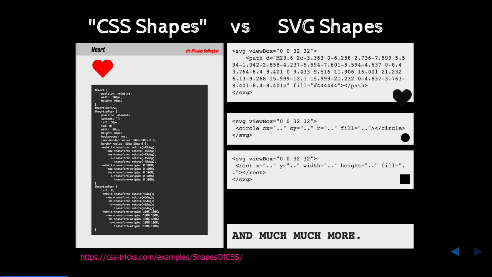Some people do it for fun, which is perfectly fine, and some people do it for actual productions. But why would you want to do that? I mean, the heart shape on the left, it is true that the code in here is bloated because it's old and has a lot of WebKit prefixes that are no longer needed. But if you look at the heart shape on the left using CSS, and the first SVG on top,